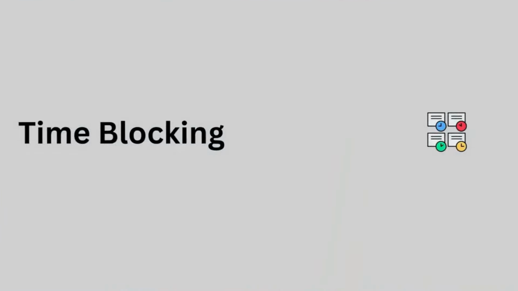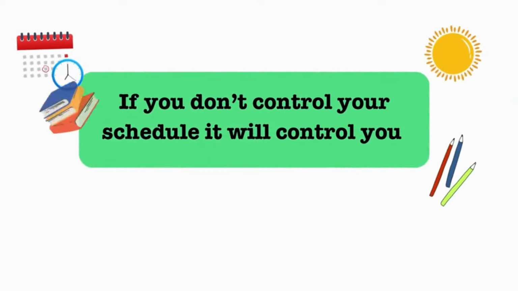Time blocking. This technique has helped me overcome procrastination and also to get more productive at work. As per Cal Newport, a 40-hour time block work week, I estimate, produces the same amount of output as a 60+ hour work week pursued without structure. If there is one thing that can be said about the modern workplace, it's this: if you don't control your schedule, it will control you.